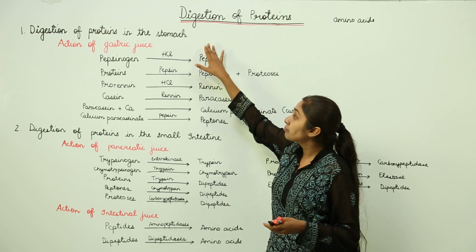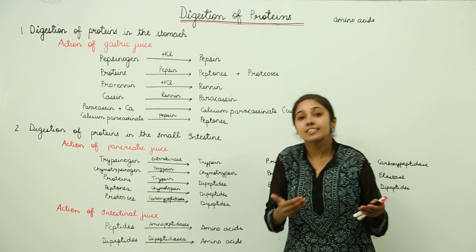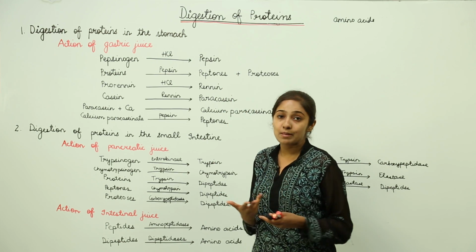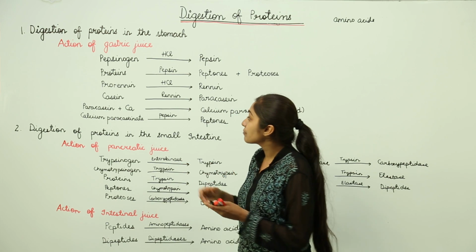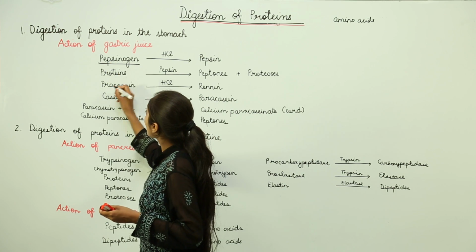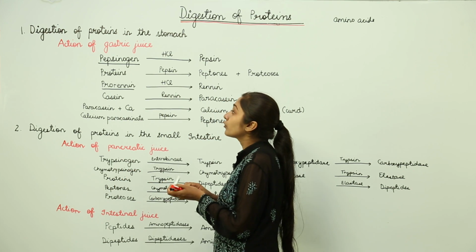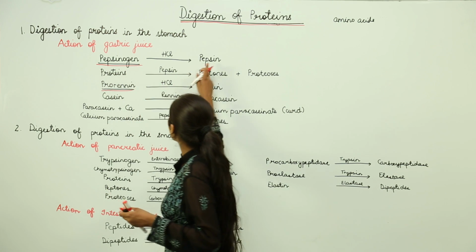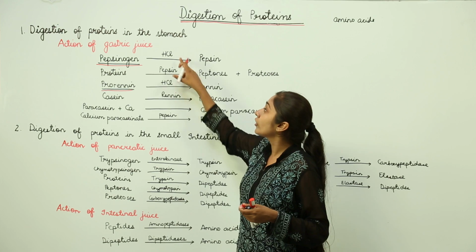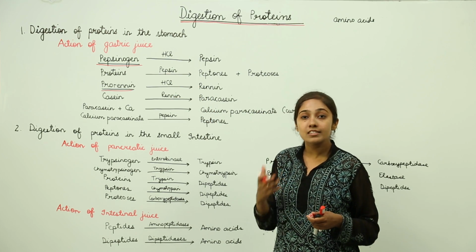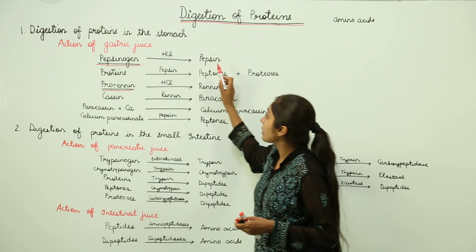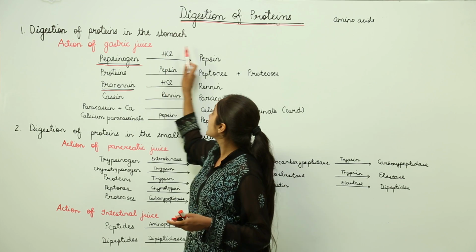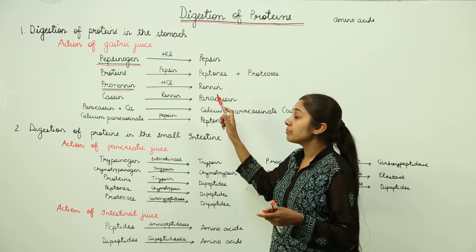In the stomach, the pH is quite low, it's acidic. The pH of the stomach is acidic in nature, due to which some proenzymes get activated. For example, here we have pepsinogen and prorenin. These are proenzymes. They are converted into their active forms by the action of this HCl, or you can say the acidic pH that is there in the stomach. So, pepsinogen is converted to pepsin and prorenin into renin, right. Now, this pepsin and renin help in the digestion of the proteins.